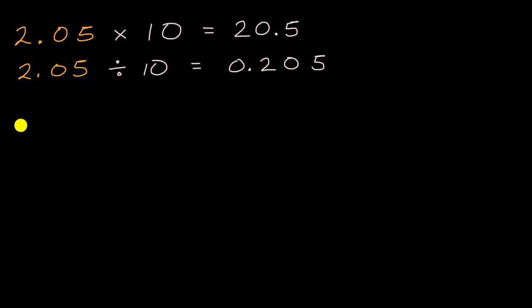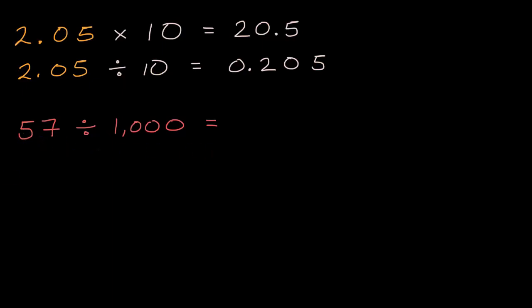So if I were to ask you, what is 57 divided by 1,000? Pause this video and see if you can work that out. All right, now let's do this together. So when you divide by 1,000, that's the same thing as dividing by 10 3 times. Or it's the same thing as multiplying by 1/10 3 times. Or you could just say, hey, that means I'm going to shift each of these digits 3 places to the